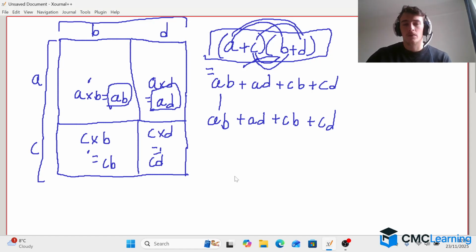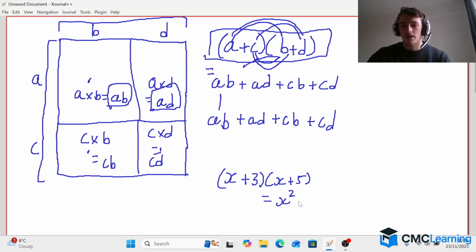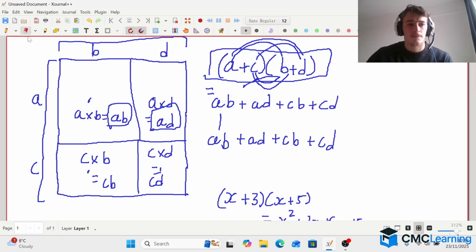So a last example, I suppose, would be x plus 3. So if we were to do our x plus 3 times by our x plus 5, well, this is x squared, as we saw earlier, x squared plus 3x plus 5x plus 15. If we were to look at that on our diagram to make maybe more sense of it,